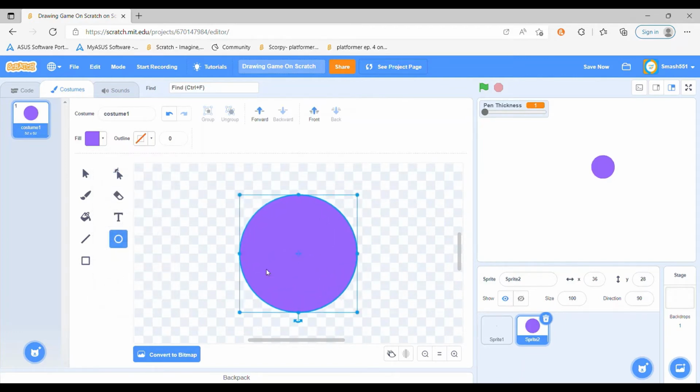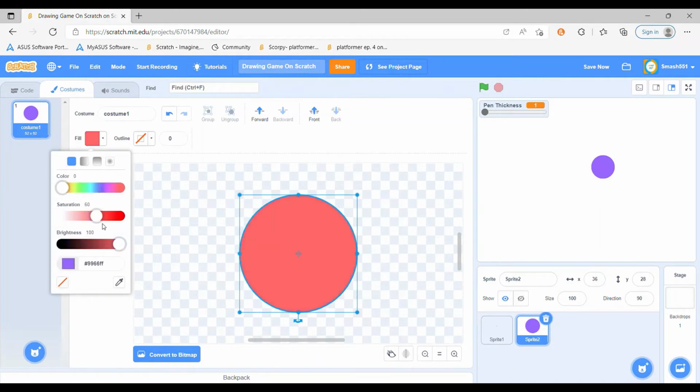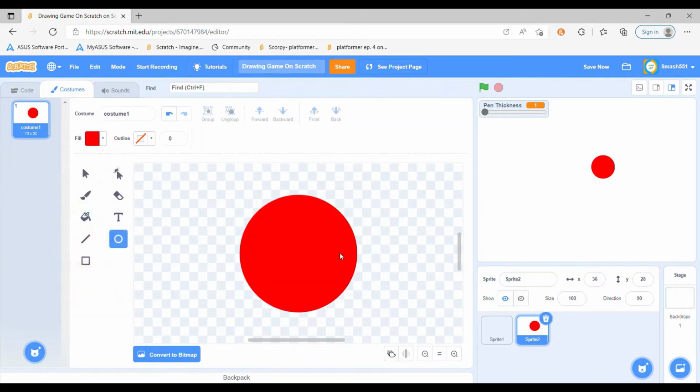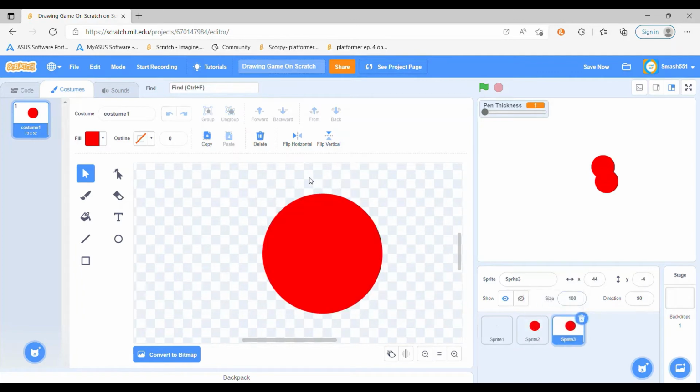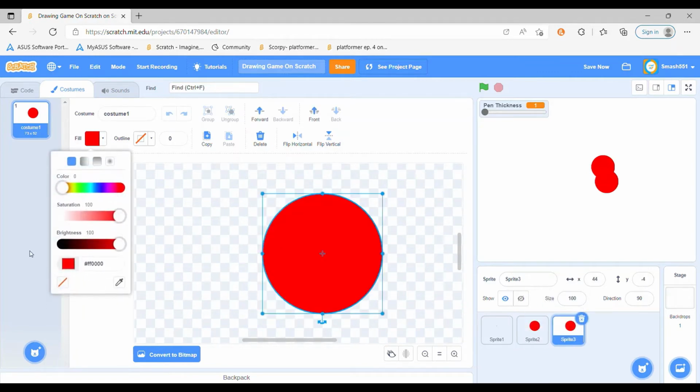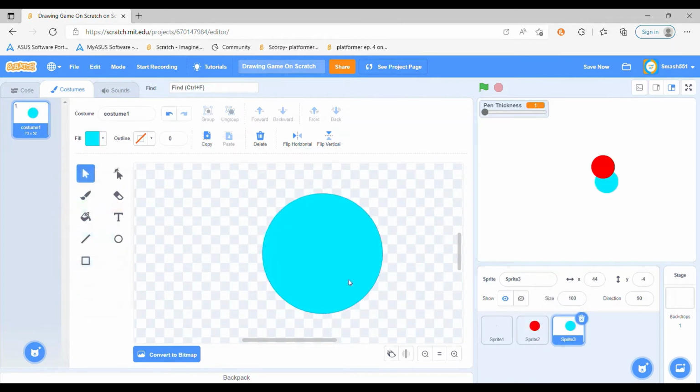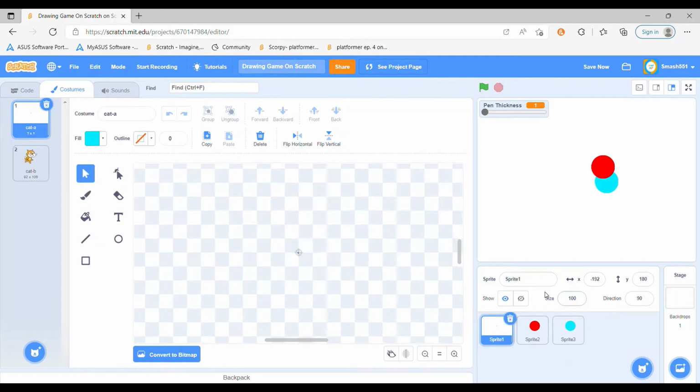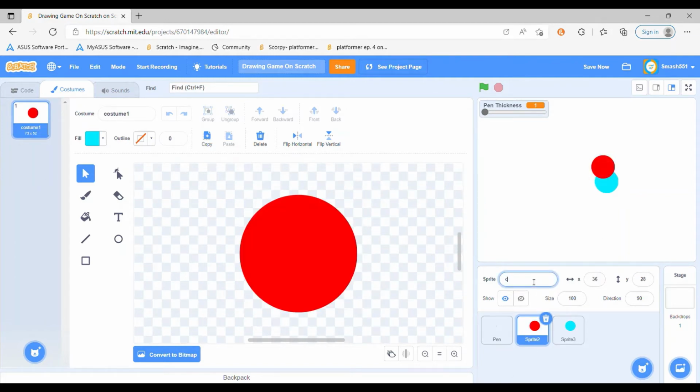I want red, so I will draw red over here and center it. Okay, and duplicate this sprite and change the color to blue. So rename this sprite to pen,